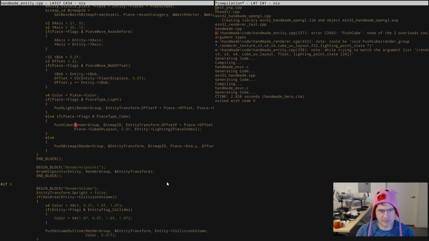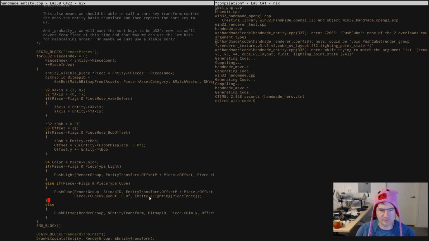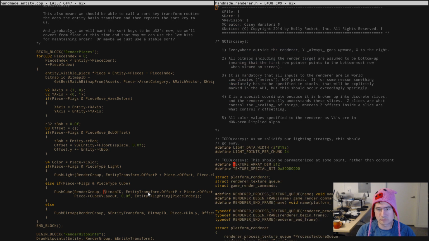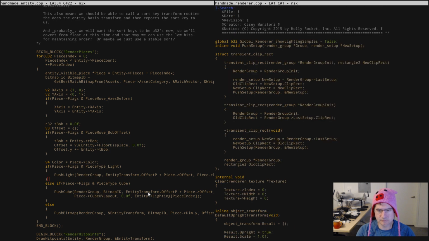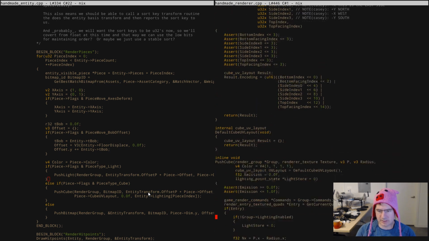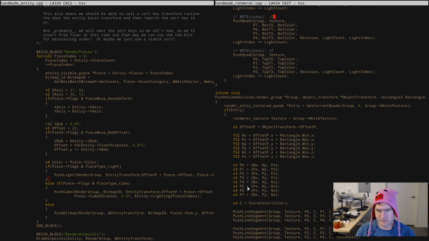It's been a long time, but we need to actually get a resolved bitmap ID to push the cube down, which is fine. So it takes a renderer texture, but we don't actually have one of those. We just have a bitmap ID. We don't really know if it's been loaded. So if you look at push bitmap, for example,